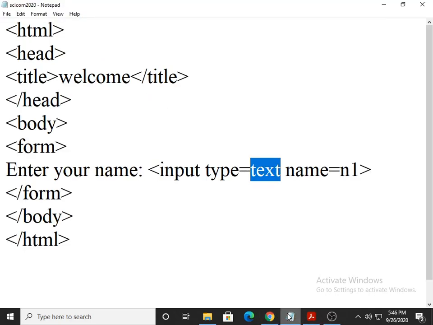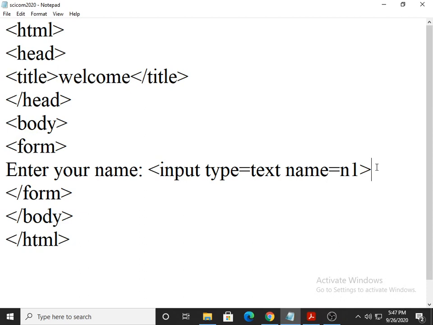Now, to discuss today's concept, we have to talk about form tag attributes. We also discussed that the first word after the opening bracket is the tag, then attribute is equal to value, again attribute is equal to value. In the same way, we have to talk about the form tag, and to discuss further things about the form tag,